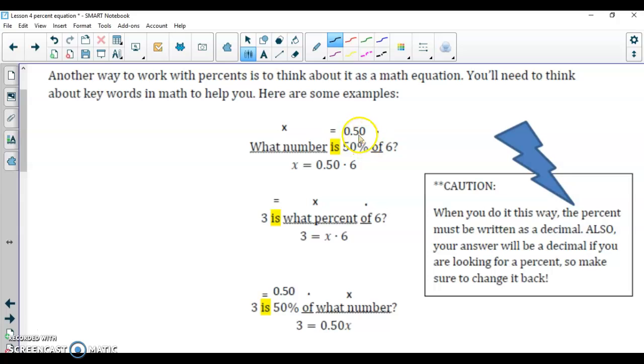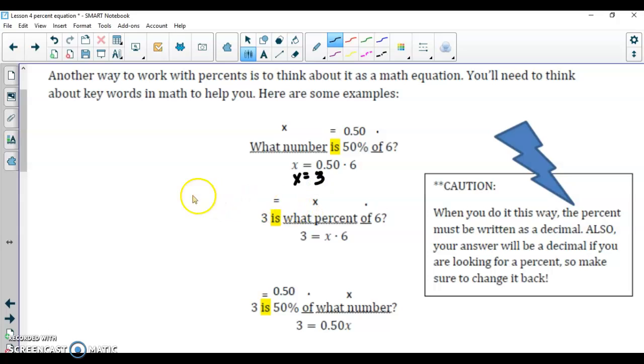Now in math class, you need to remember that "what number" would signal to you that we're solving for something, that we have a variable. "Is" signals that we have an equal sign. 50%, before we can use percents in this case, we're going to actually have to change them to decimals. The word "of" is going to remind us to multiply. So putting this together, we have x, what number, equals 50%, 0.5 or 0.50, of means to multiply, times 6. So in this case, we would have x equals 0.5 times 6,